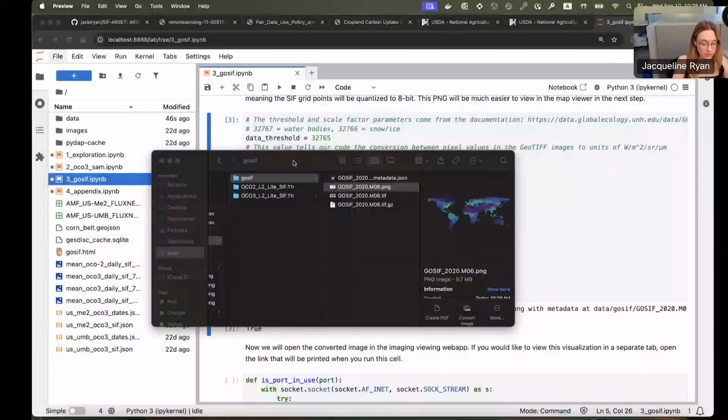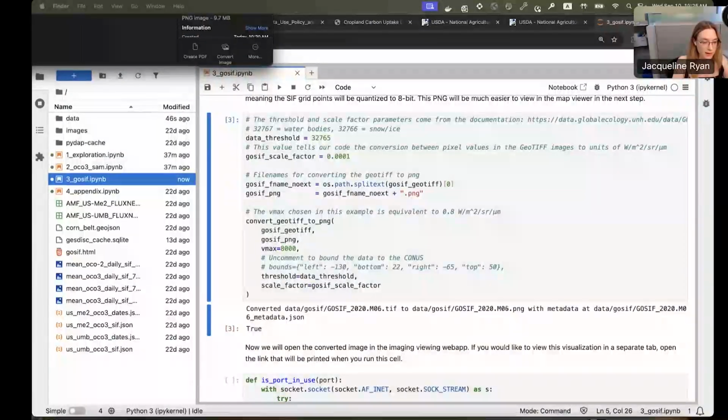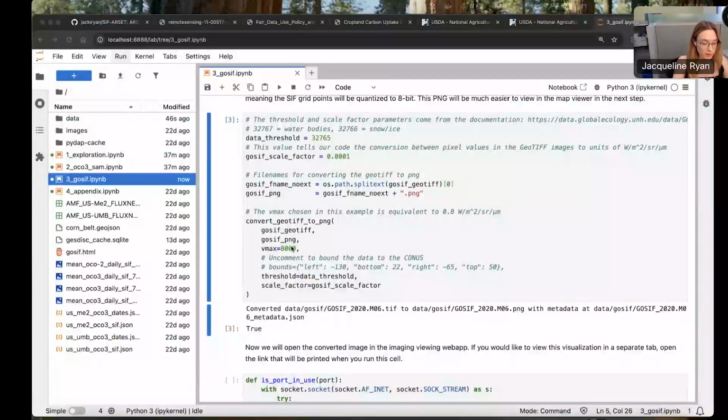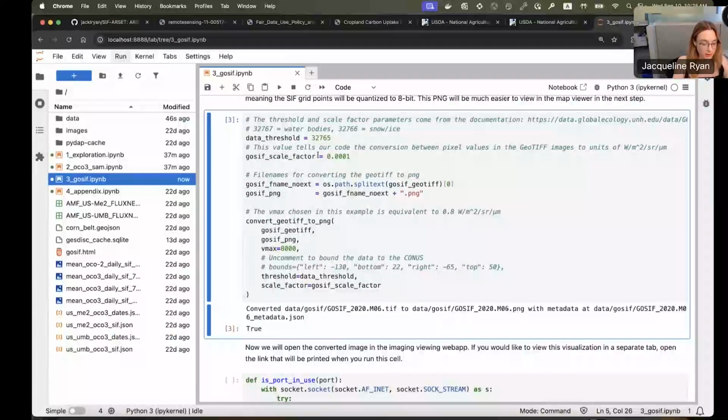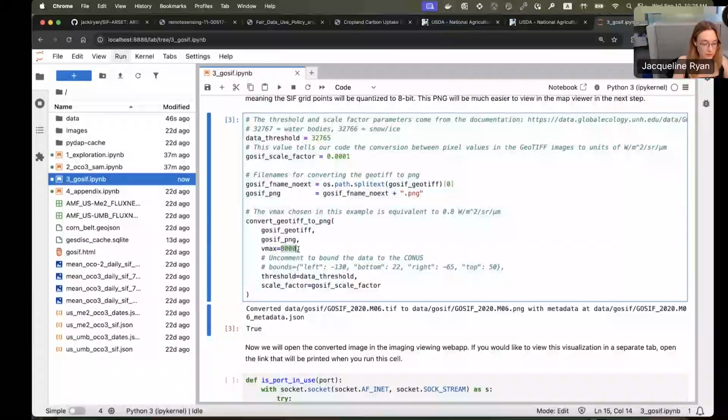Now, one thing you may have noticed is that there's no scale reference for the SIF values in the PNG. There is one other parameter that I haven't mentioned yet, which is our Vmax parameter, similar to the Vmax that we used in other exercises throughout this course. In this case, Vmax is scaled prior to the scale factor being applied. So a value of 8,000 here corresponds with 0.8 watts per meter squared steradian micrometer. And this is about in line with the SIF values that we were seeing for June when creating our gridded